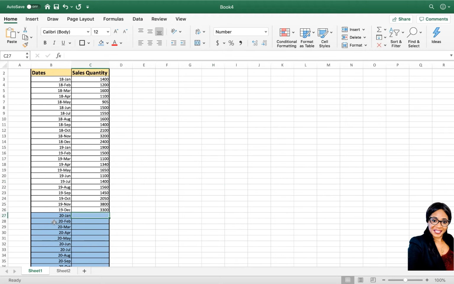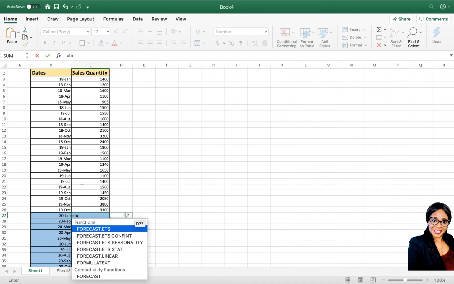We want to forecast January 2020. Remember, this year is just starting and we just want to see how it's going to look based on what we have been doing. The first thing you're going to do is to pull out the equal sign right here. So we want to see what sales in January is going to look like. And we pull out the forecast function, which is already in Excel. So remember to pick the right one. So I'm going to pick